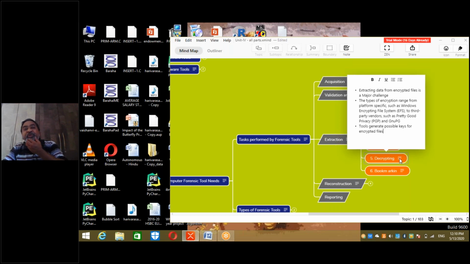Now you'll have to experiment with each of these keys. Maybe the file gets corrupted, so you should have multiple copies when you are dealing with encrypted files. One copy will not suffice. Original should be there, duplicate, quadruplicate, pentuplicate, like that have to be used. Suppose a tool generates 5 candidate decryption keys for the encrypted file. Now what should you do?